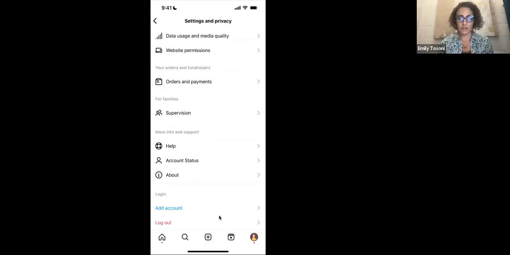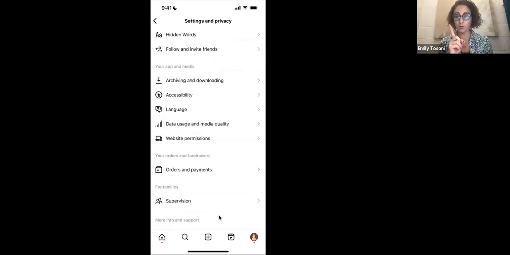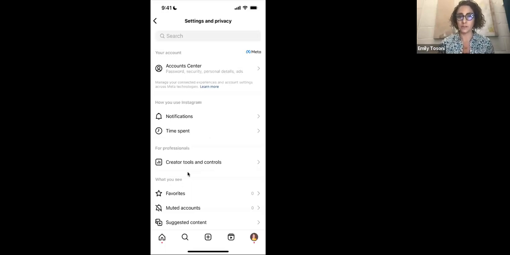Then you get to pick what type of business page it is. I recommend you choose entrepreneur and that you do not display it on your page. So it'll say like display on profile, it'll be a toggle button, and you don't need to display that, it just takes up space. So you choose entrepreneur and then you continue moving forward and then it'll give you the option between business or creator and you want it to be creator. That's only because it's going to give you more tools. You'll have access to more tools inside of Instagram.